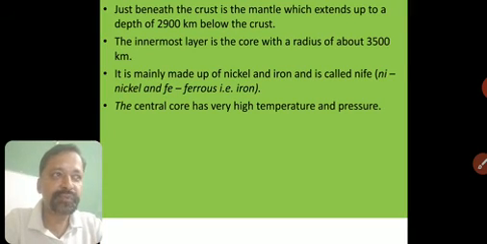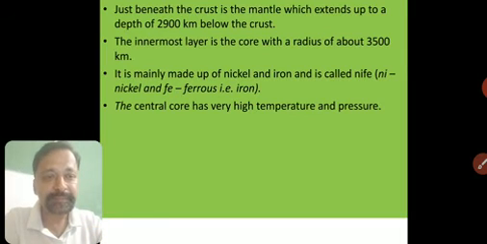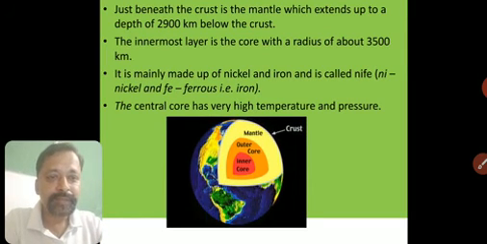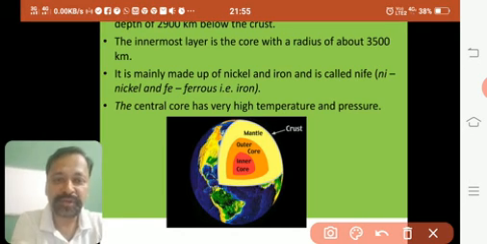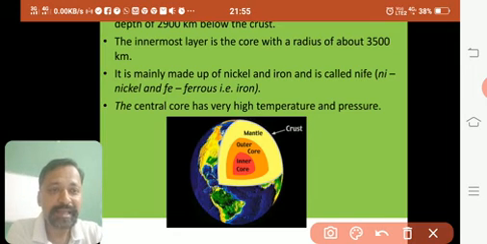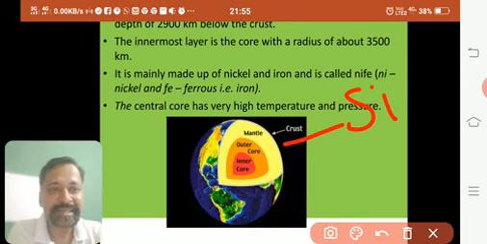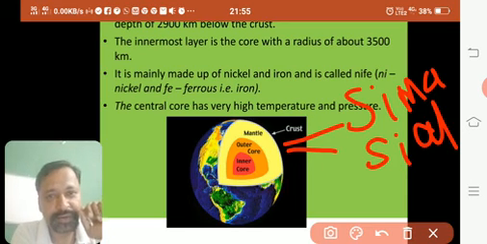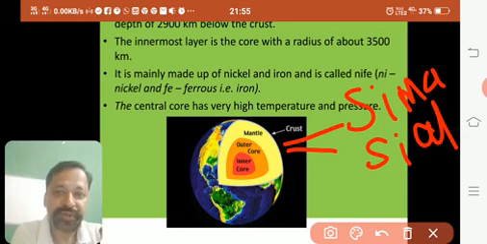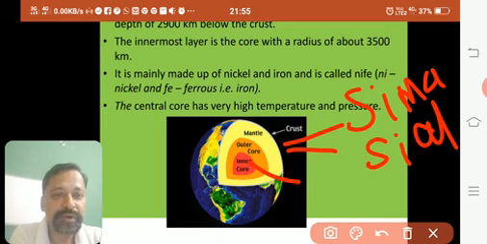So we'll just have a brief look once again at the 4 layers. Now you have to answer me this. You can write and send to me on my WhatsApp, or maybe in my next class I'll ask you this. Crust, it is also called as what? It can be called as Sima if it is an oceanic crust. It is also called as Sial if it is continental crust. Now you know what is continental crust and what is oceanic crust. Then core is called as Nife, nickel and ferrous.